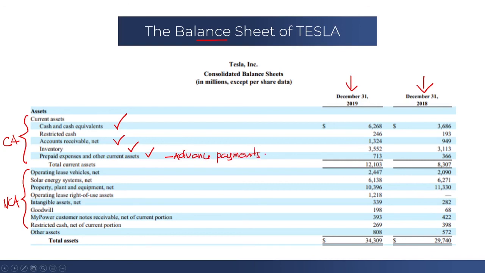It's quite curious for me that they have a restricted cash in the balance sheet, but you have to take note that that is the current portion of the restricted cash. Maybe the restriction will be lifted within the next 12 months. That's why it's still qualified as a current asset. Remember that this balance sheet has already been audited. So they have the non-current portion of the restricted cash in their non-current assets.